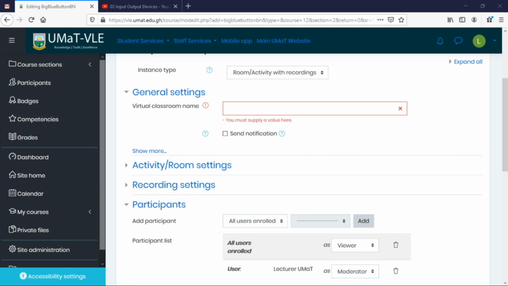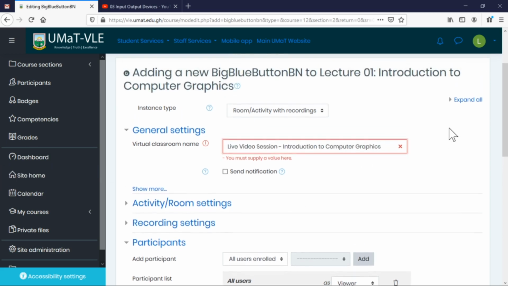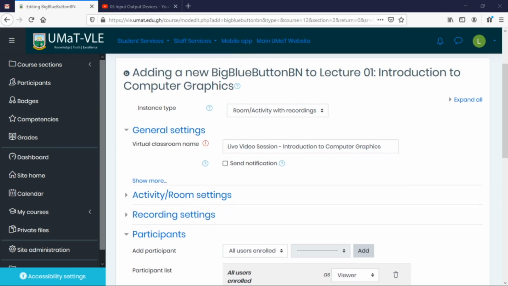Over here as the live video section that we hold with our students. From here it says instance type, activity, room activity with recordings. We can have room activity only, and we can have room activity with recordings, but we want to choose the default one which says room activity with recordings, so that